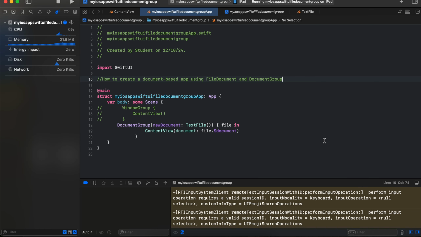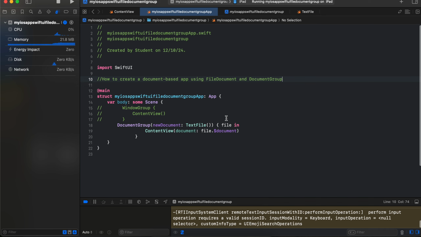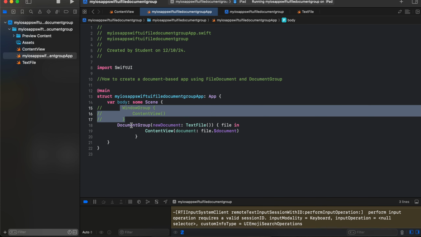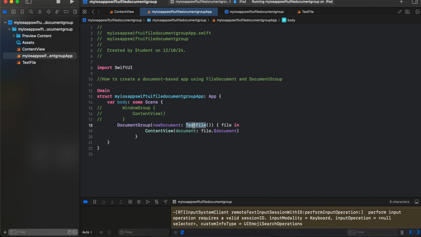So first here you can see that once you create your SwiftUI application, you will have to go to the main app file, and here instead of this window group content view you have to use this document group. Here you have to pass the document text file. I will show this text file code shortly,